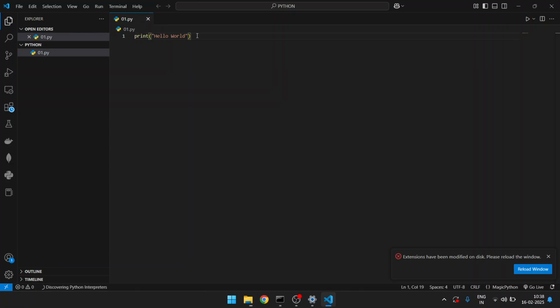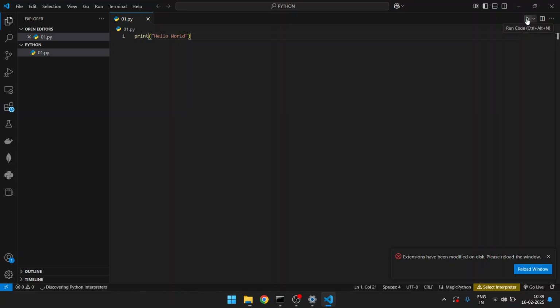Let me show you once again. Once I edit a file, you can see this dot. This dot means that this file has been edited and not saved. To save it, I will press Ctrl and S, and you will see that this dot will disappear. Watch it carefully. I pressed Ctrl S. Yeah, see, the dot has disappeared. And if I edit anything, the dot appears again. So this file is saved, and for running it,